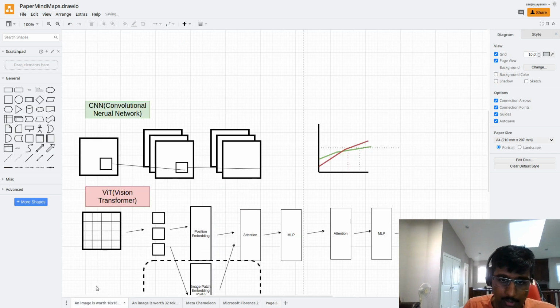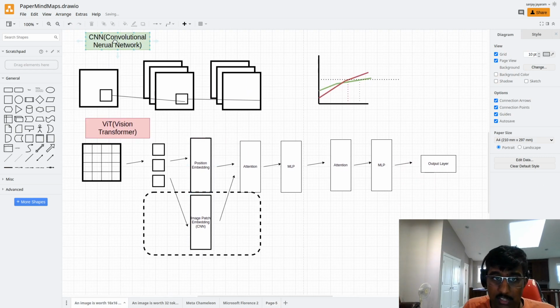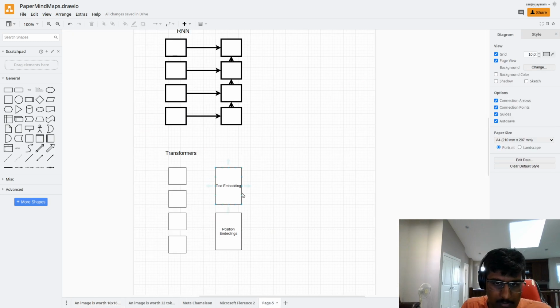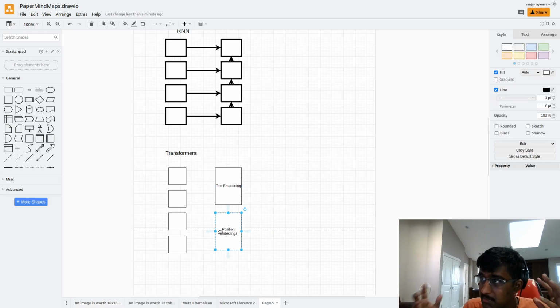And so if we go back to the vision transformer, as we see here, the convolutional neural network doesn't actually need position embeddings, right? Because position embeddings are just kind of calculated automatically. Whereas vision transformers need position embeddings, right? They're kind of necessary to how they work. Same thing here. You need position embeddings to let the model know where this actual token is in the text,